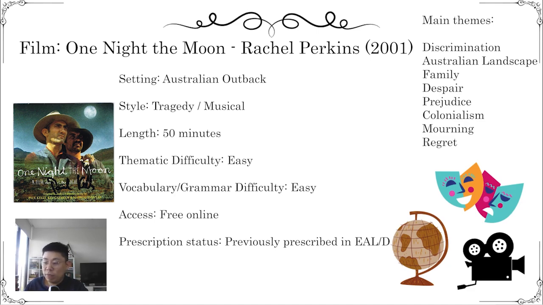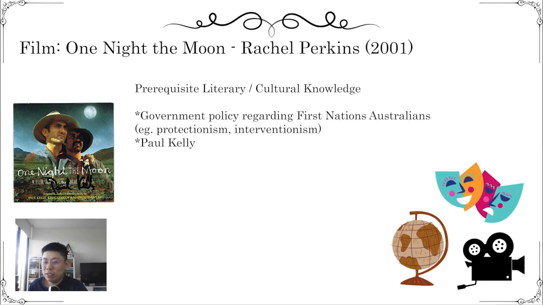We don't really get to feel the prejudice faced by Albert, the First Nations tracker, because the film is just really short. I feel like it just needs more time to breathe. It needs more scenes where the characters just live their life in the wake of these societal constraints before we get to this core narrative of the daughter is missing and we need to go find her. We need to see what the world is like for each of them, and we need to know why the prejudice is there. Because if a student is trying to access this text and they don't already have preconceived notions about prejudice in Australian contexts, the film is not going to teach them that. The film just presents it.